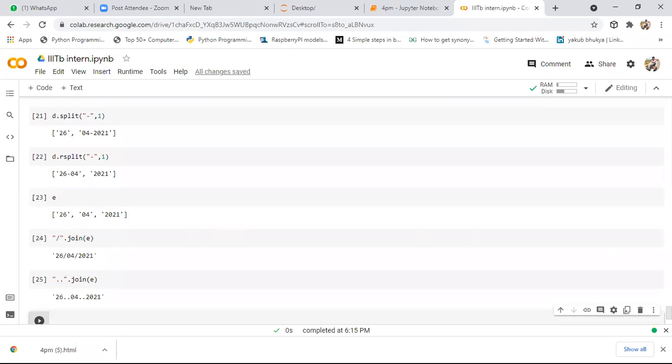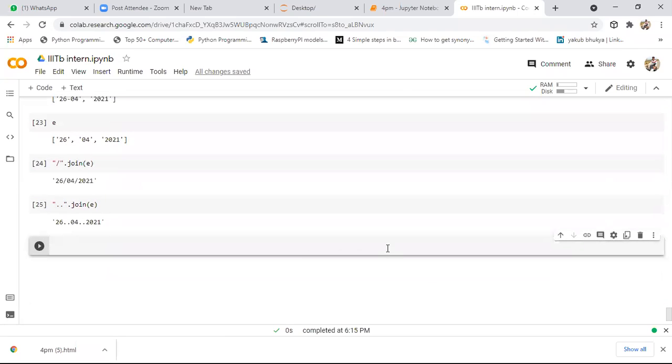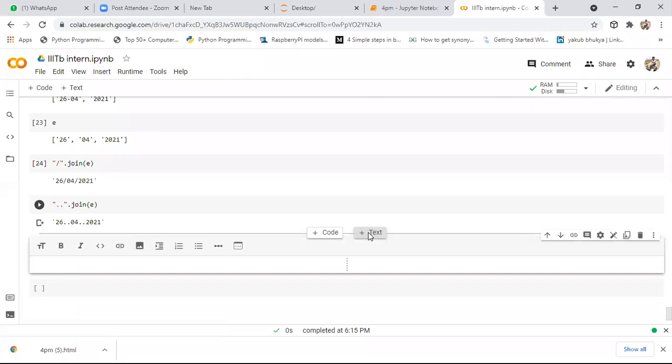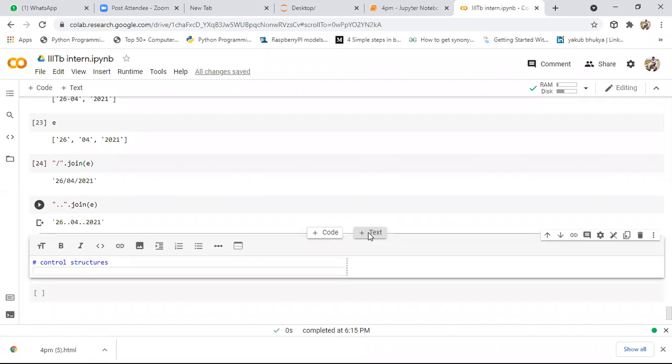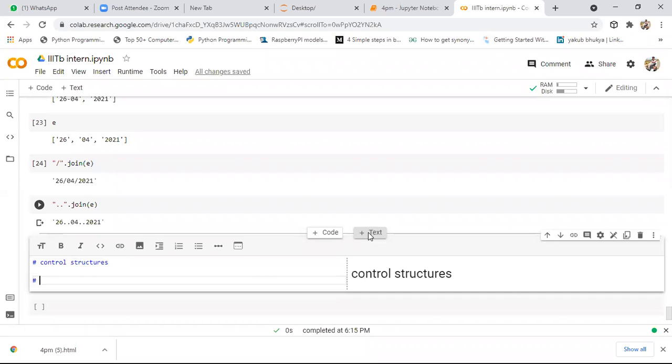Coming to today's session, we'll start a new concept, that is control structures. Coming to control structures, it is divided into three different parts. First one is conditional statements.